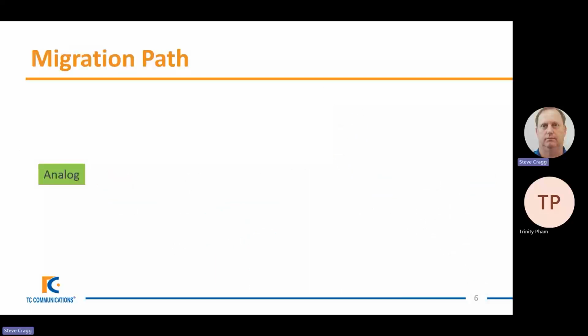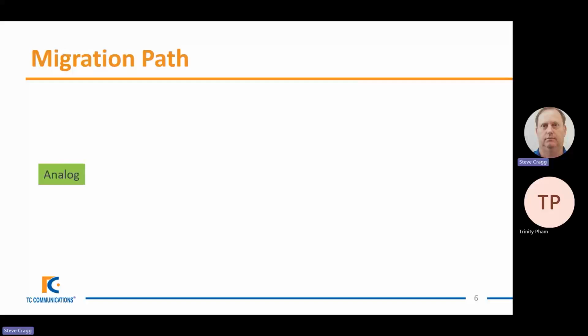Let's talk about a migration path, and often when we think about moving from analog, we think of a large forklift coming in, taking all of our analog systems out and our brand new digital system coming in. And of course, that will be absolutely fantastic. But the reality is that digital systems take quite a significant amount of time to roll out. And we are seeing as well a lot of our customers choosing to keep a number of analog channels, either for interoperability or backup or overflow capability.